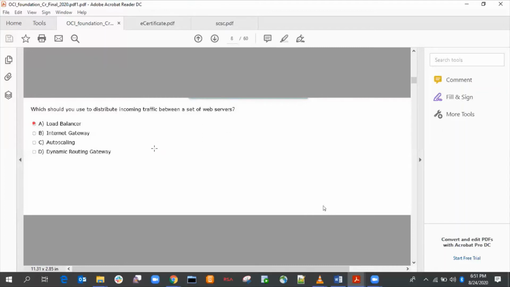So the answer is load balancer. Which Oracle Cloud Infrastructure service is best suited for running serverless apps? Without a server, if you want to run any services, you have to always choose Oracle Functions.